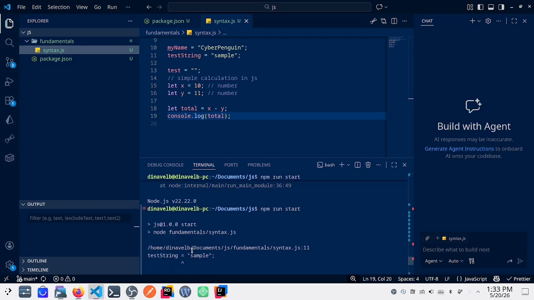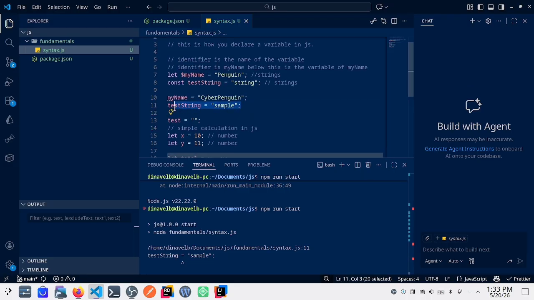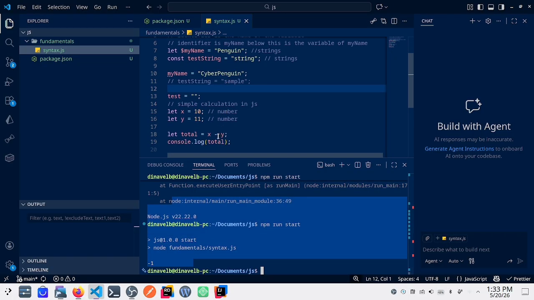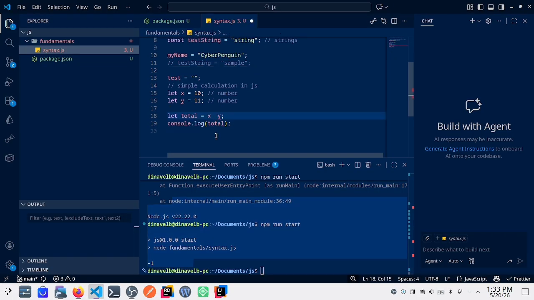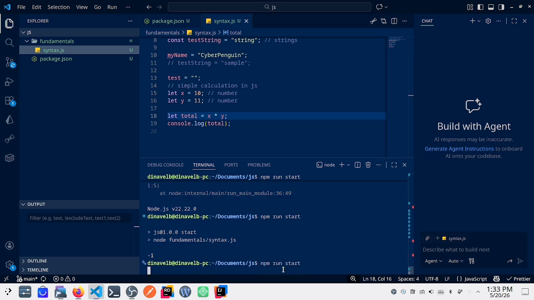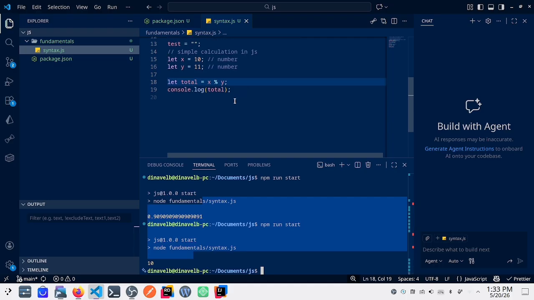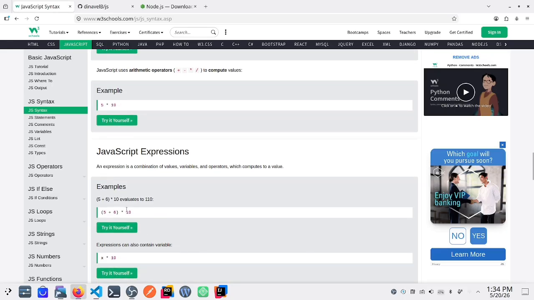Oh wait, that's why it's having an error. Okay, so it worked. How about the multiplication? It worked also, and the division. We can also have a modulo here, or the remainder.